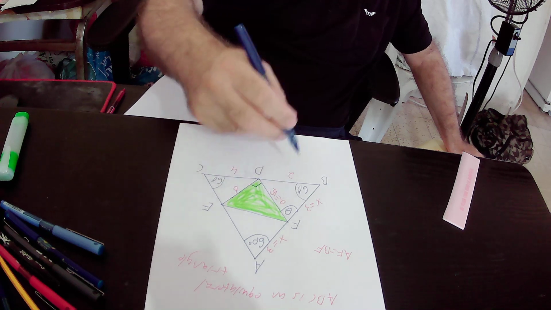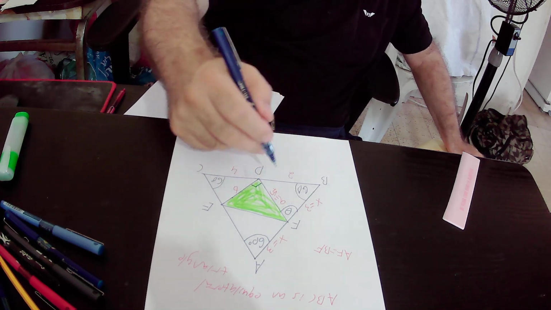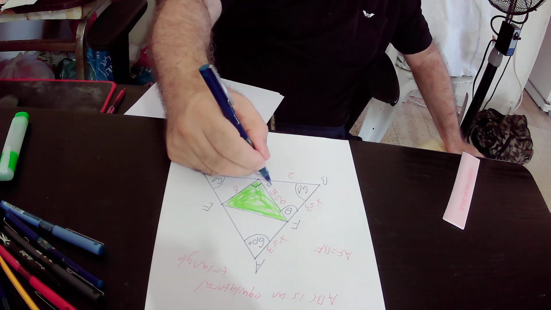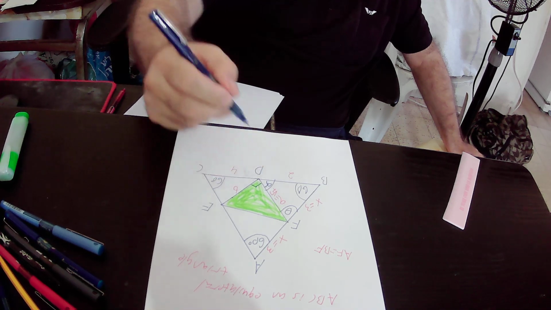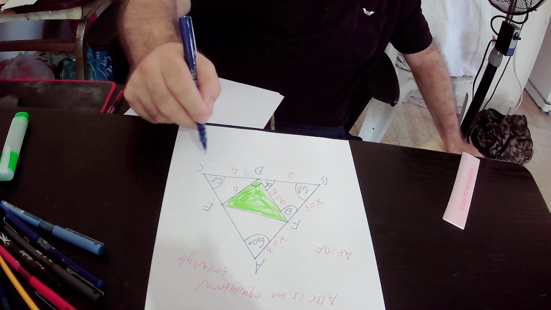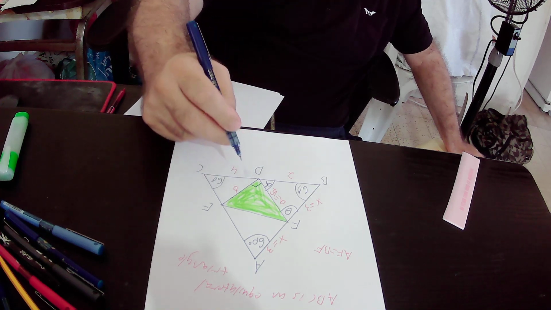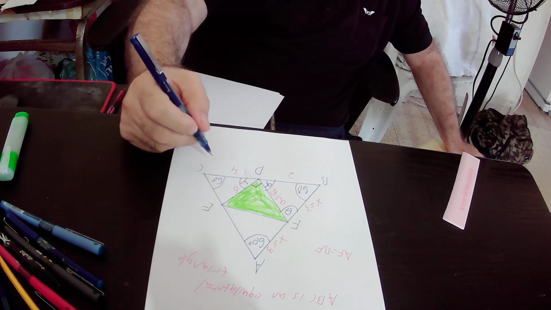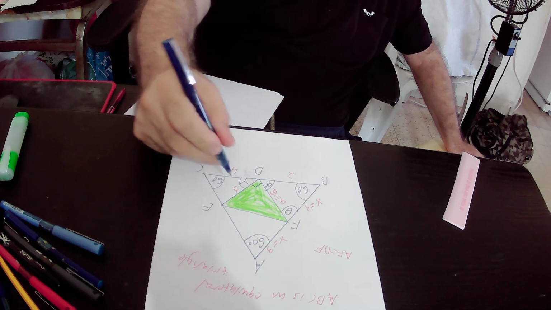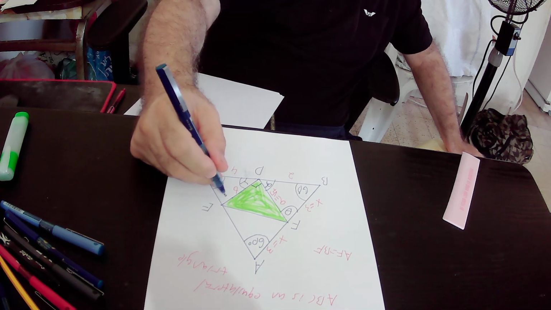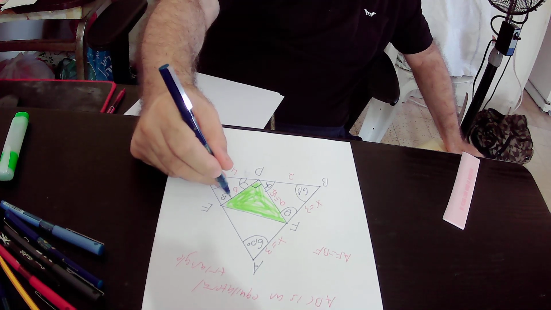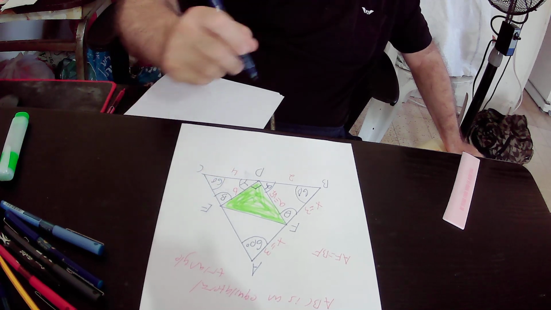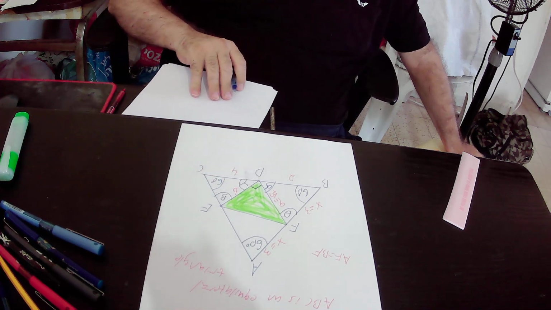and we will define angle BDF as alpha, and we will define angle CDE as gamma, and we will define angle CED, this angle, as beta. Okay,